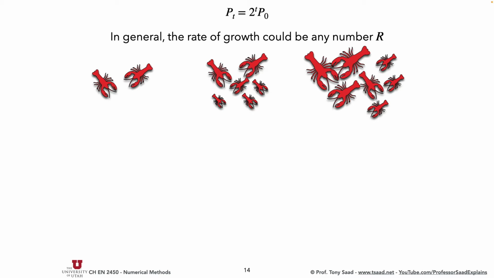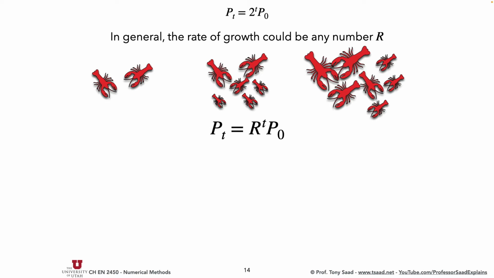But in general, that population doesn't grow by a fixed factor like 2. It doesn't multiply by that. It's actually, in general, some growth rate R. And indeed, you follow that same formula. The population of lobsters after T days is governed by that intrinsic growth rate, how fast they multiply. The population of rabbits, for example, has a different R. It's probably very high. The population of elephants, or pandas, is low. So that R number changes based on the population. But the formula still holds, starting with an initial population of P0. After T days have passed, you have R to the power T